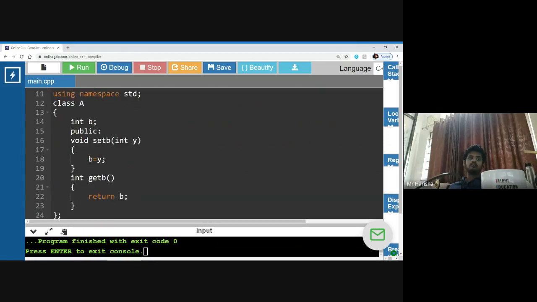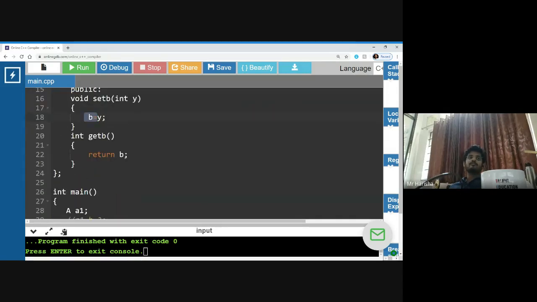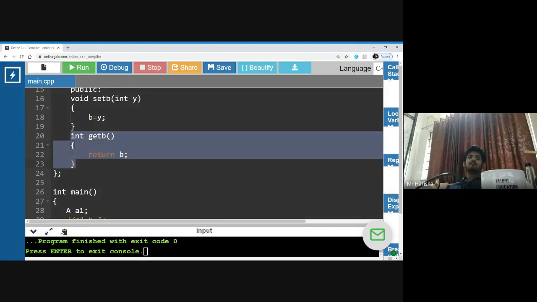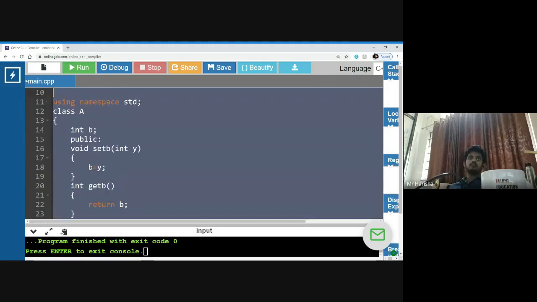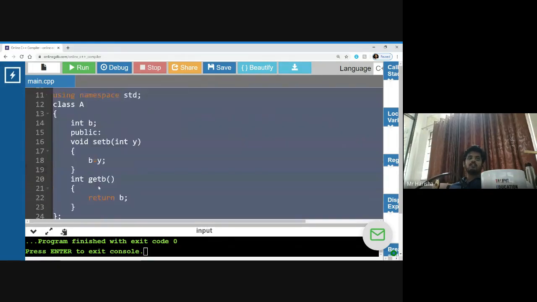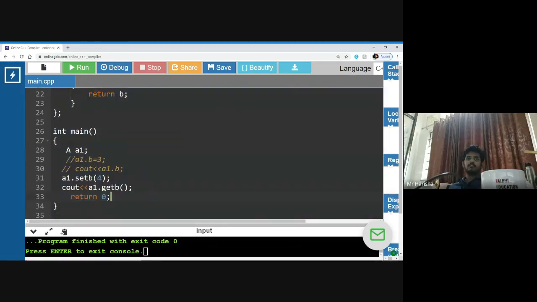So y is equal to 4 and B becomes 4. Then cout A1 dot get B function is called, and the get B function returns the value you passed. So this is what you can find with the help of the basic access specifier functions.